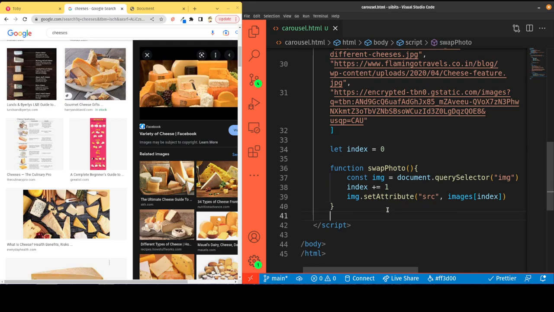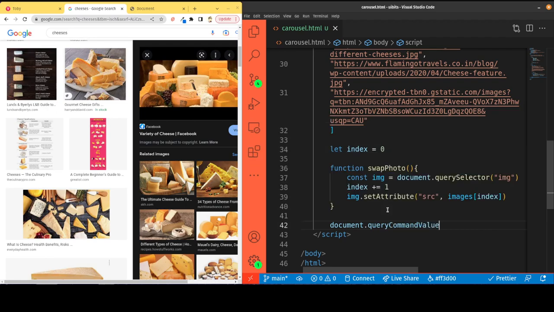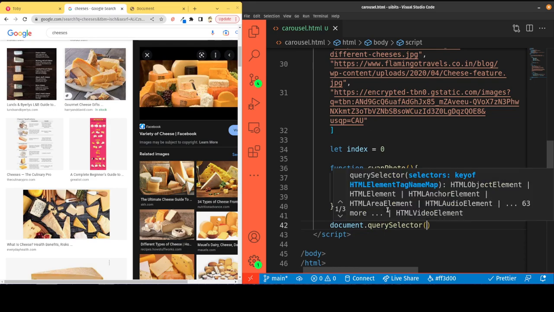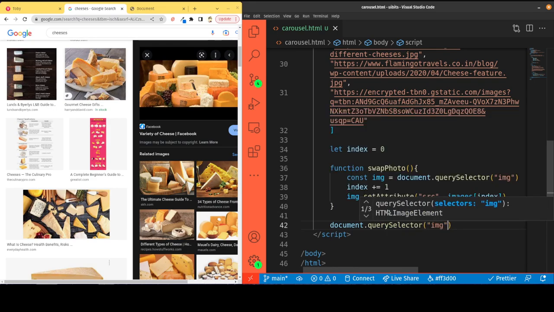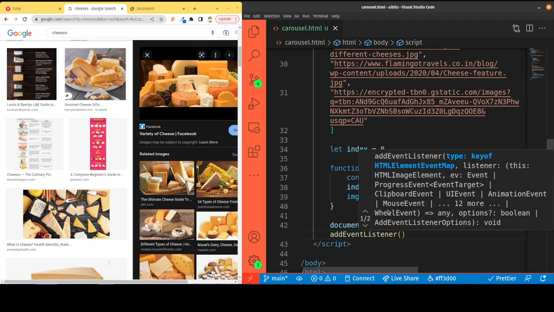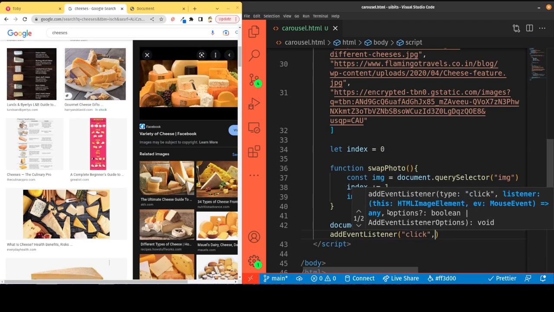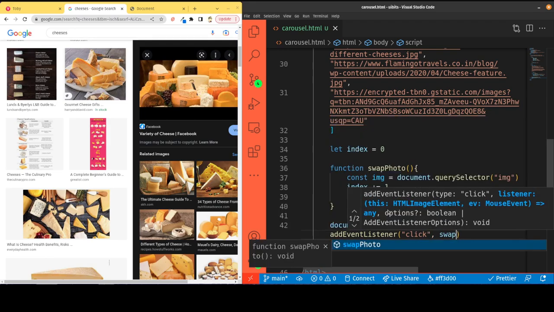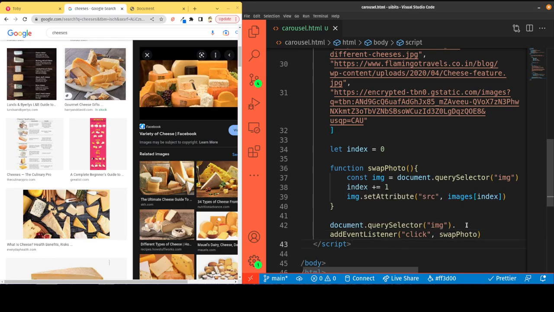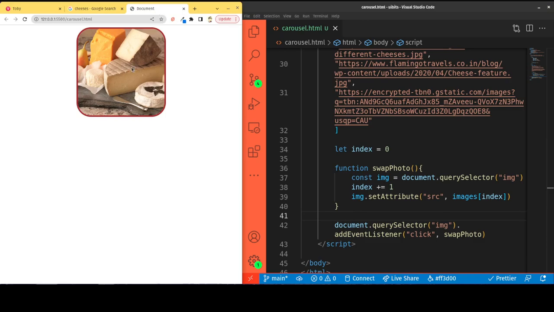So just to test that out, I want to document.querySelector the image, and then I'm going to add an event listener to it. The event listener will respond on click, and whenever we click, it'll do the swapPhoto function. So that's what that will do. So technically right now, it should kind of work. So if I click on this,